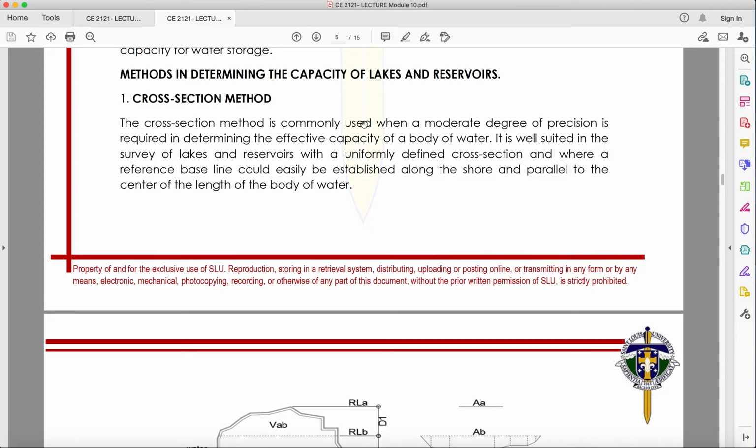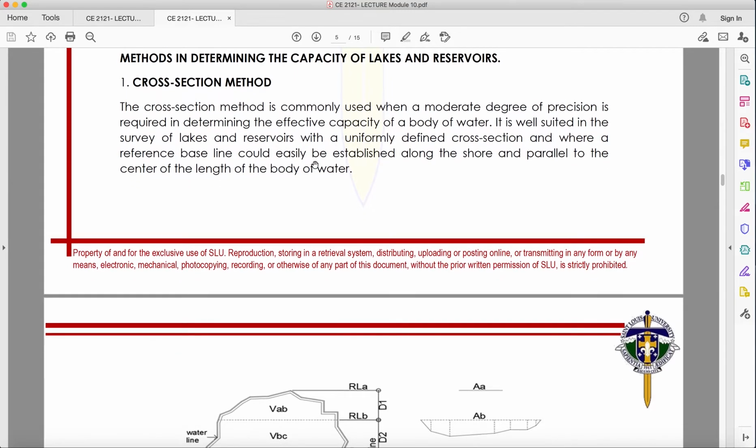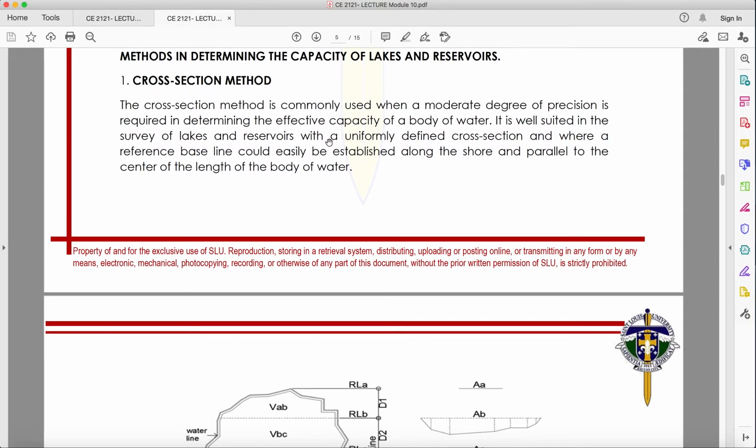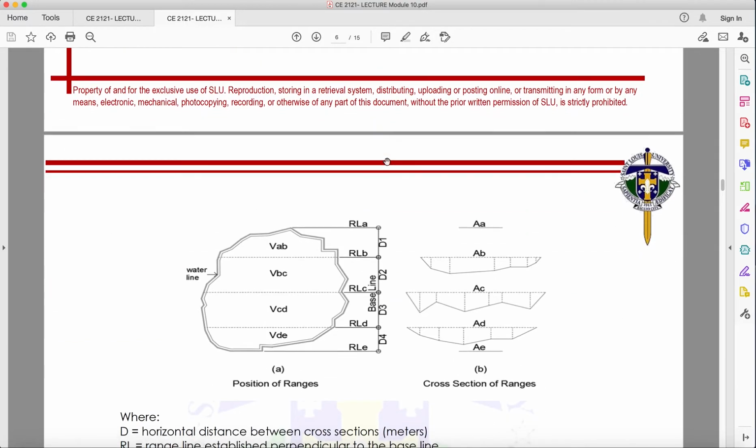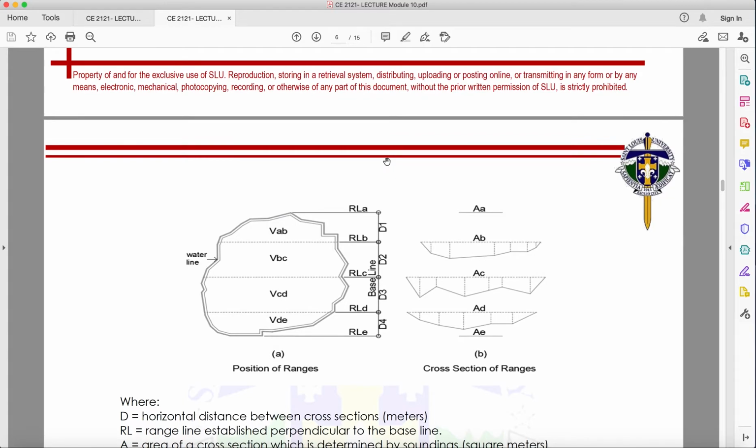It is well suited in the survey of lakes and reservoirs with a uniformly defined cross-section. Again, uniformly defined cross-section and where a reference baseline could easily be established along the shore and parallel to the center of the length of the body of water. Okay? So this is the top view. If we are to imagine, ito yung top view. Then at this area,